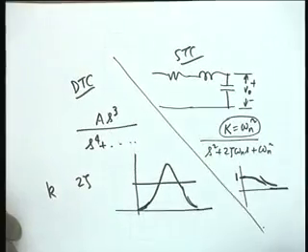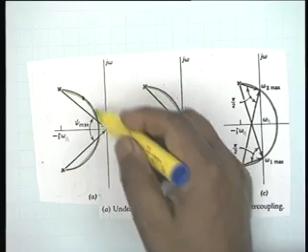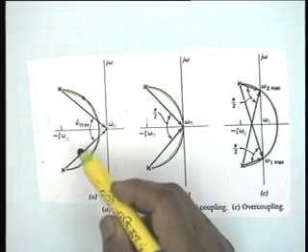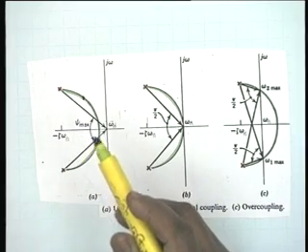Now, let us go back after this qualitative explanation of why there should be a maximum and why there should be at least 2 half power points and the difference between STC and DTC. Let us look at the actual situation depending on the values of k and zeta. You see, in the first figure, the peaking circle does not touch or intersect the j omega axis, which means that for this k is less than 2 zeta. Is that clear?